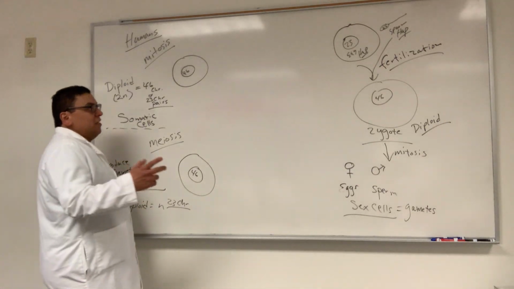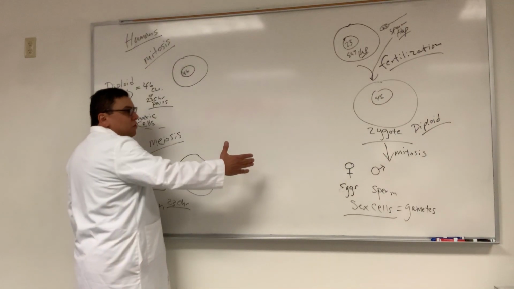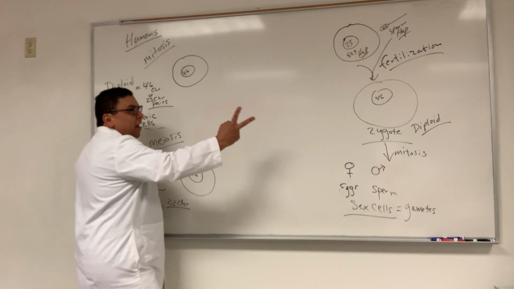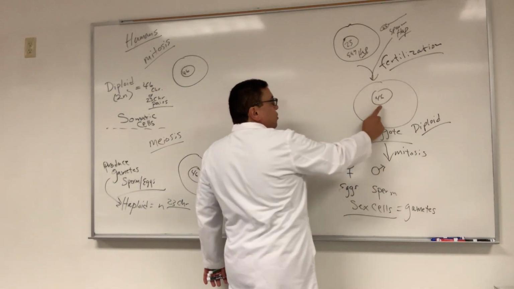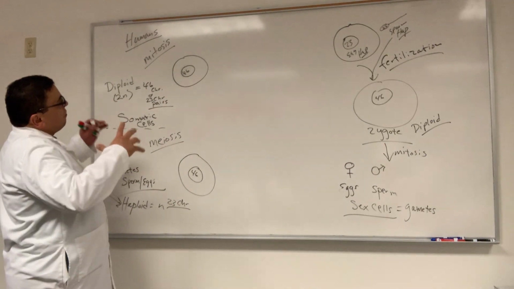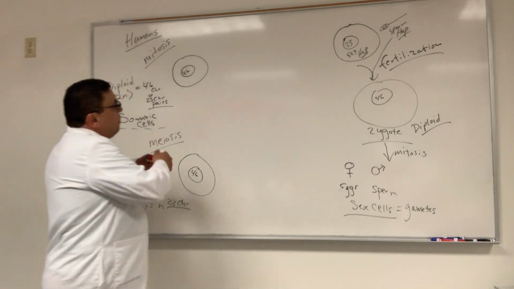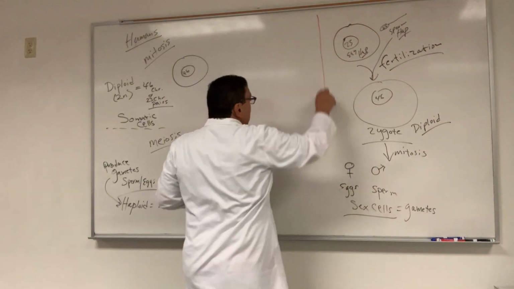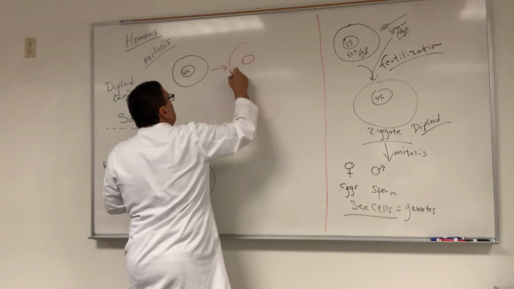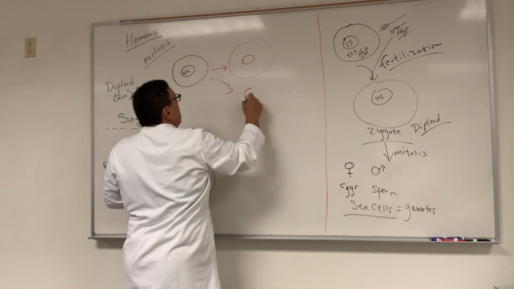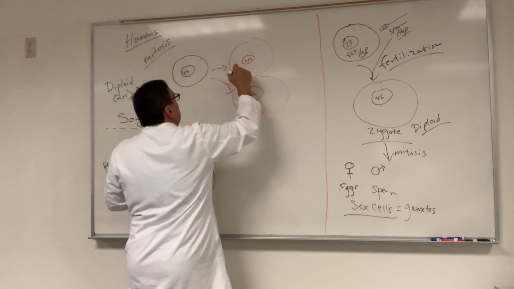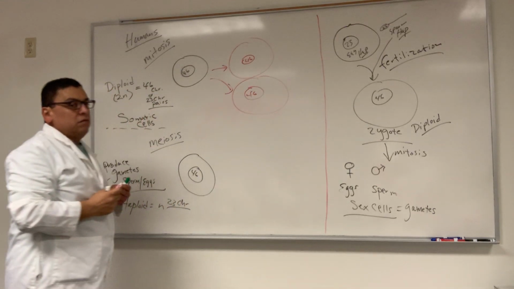So the trick is meiosis drops the chromosome number down to half, and then the diploid number comes back. At the point of fertilization, you're now diploid at 46. So if we look at the grand view of mitosis here, we realize something. Mitosis produces two daughter cells that are genetically exactly the same to each other and to the parental cell. We talked about that.